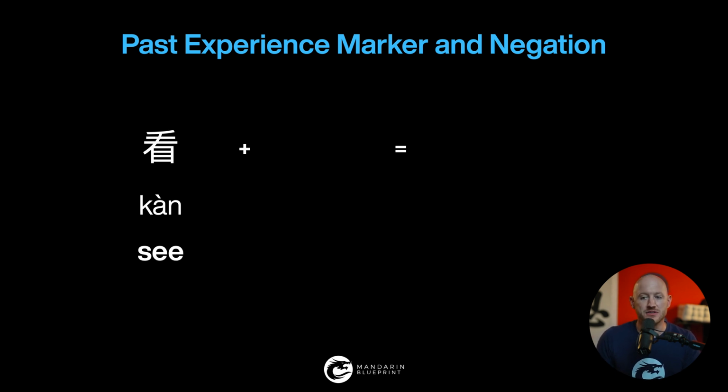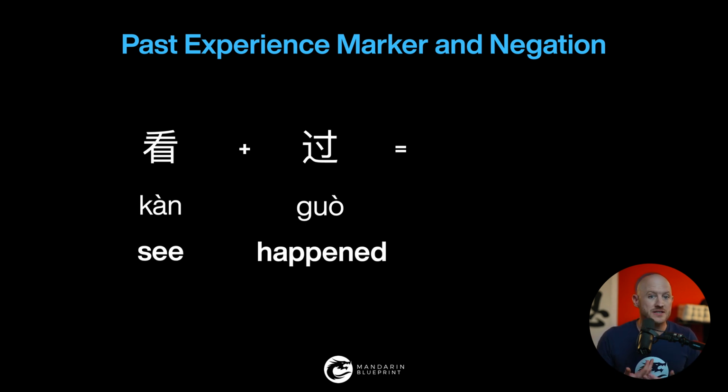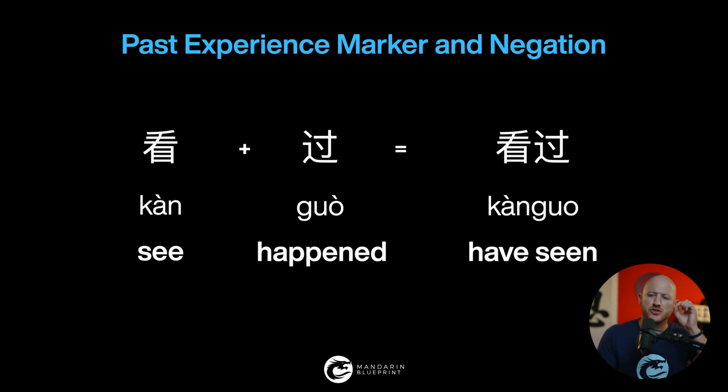So let's get that more clearly delineated with this example. Kan, this means to see. And of course, in this case, guo is the grammatical marker. So we get kan guo. This means you've ever seen something in your life. And by the way, you'll notice that guo switches to 5th tone when used in this grammatical way. So if you're ever reading pinyin and you notice that guo is 5th tone, then for sure it's that grammatical